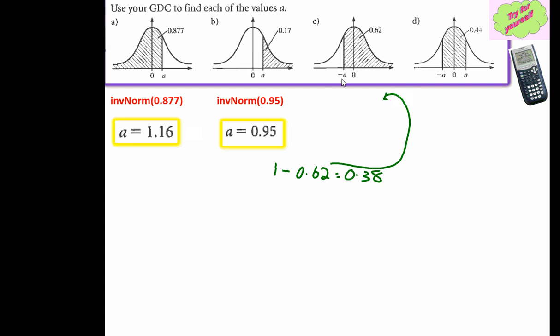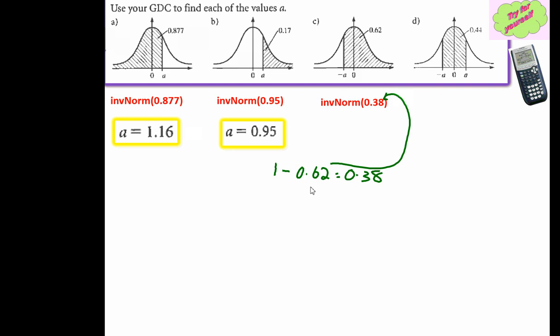Same thing here. So this is interesting. They want you to work out the value of A. They want you to work out what negative A is. So what's the negative of A? So you know this area here is 0.162. So instead you could think of positive A as being over here. So if 0 is here, if that's negative A, positive A would be over here, in which case the area to the left would be 0.62. So think of what positive A would be. So positive A would be over here, and the area to the left would have been 0.62. So that's why we've just got to work out,